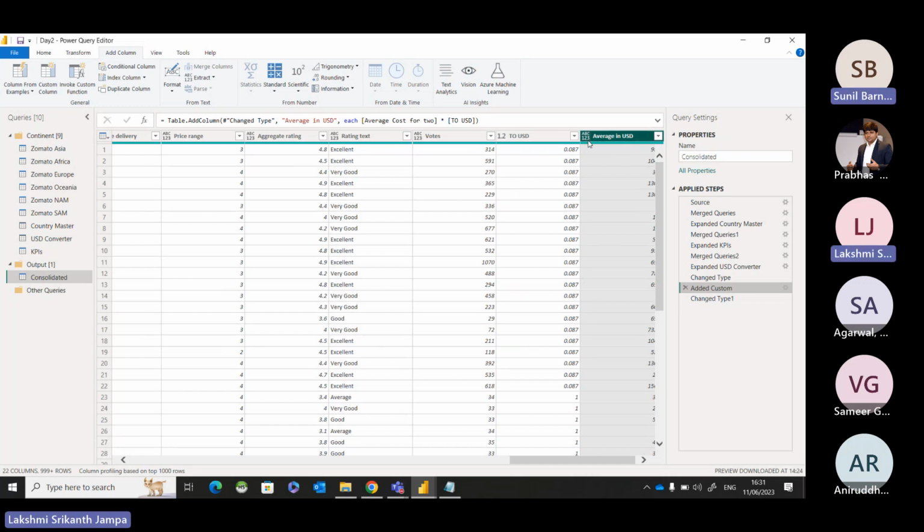Now convert that data type into decimal number. Then you should see it has 1.2 average in USD like this on the top, if you have converted to the decimal number. Right. It is coming now. Good. Now this is what we have done. We have added a few more statistics. Now let's see